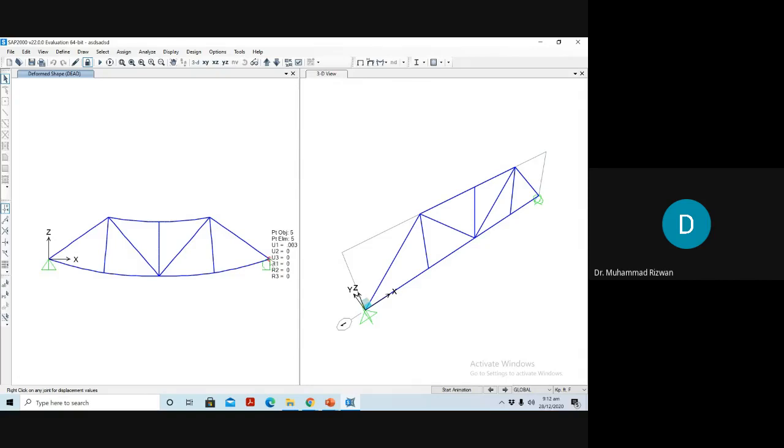You can see U1 is equal to 0.003 because it is a roller support. It can displace in the X direction, but in the Z direction U3 is 0. Similarly, U2 is also 0. For every joint, you can locate these displacements. Okay. Similarly, if I just go to the